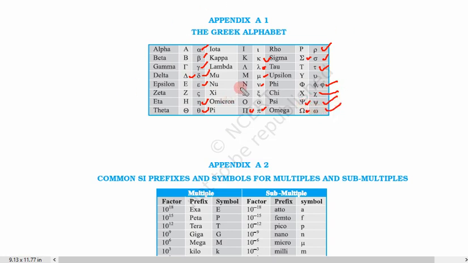So these are some of the Greek alphabets which you should know how to make them, how to pronounce them. So make a separate table where you write all these alphabets and try to remember them. Most of them are used in smaller letters, only delta and pi and sigma, chi and omega. Few of them are used in capital case or upper case, others are used in lower case only.